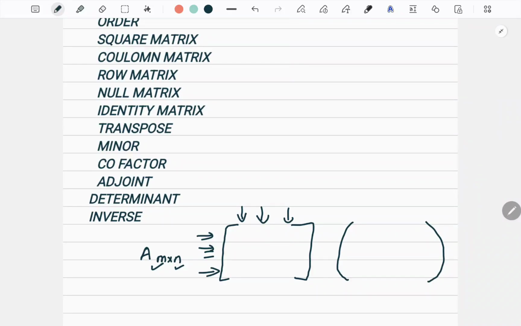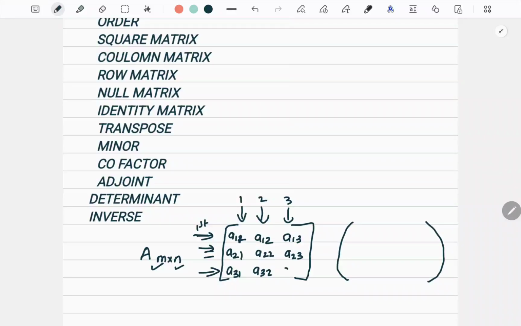And when it comes to the elements, usually we use this representation: A11. Sorry, I am talking about an element which is in the first row and first column. Then A12 means the element which is in the first row and second column. So you can make it out. This is the first row, this is first column, this is second column, this is third column. So first row, second column. Then A13, first row, third column. In the same way this will become A21, second row, first column. A22, second row, second column. A23, second row, third column.